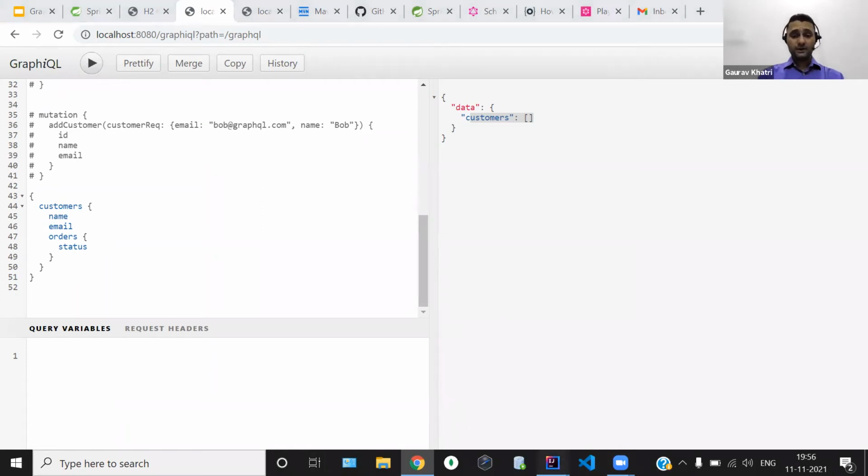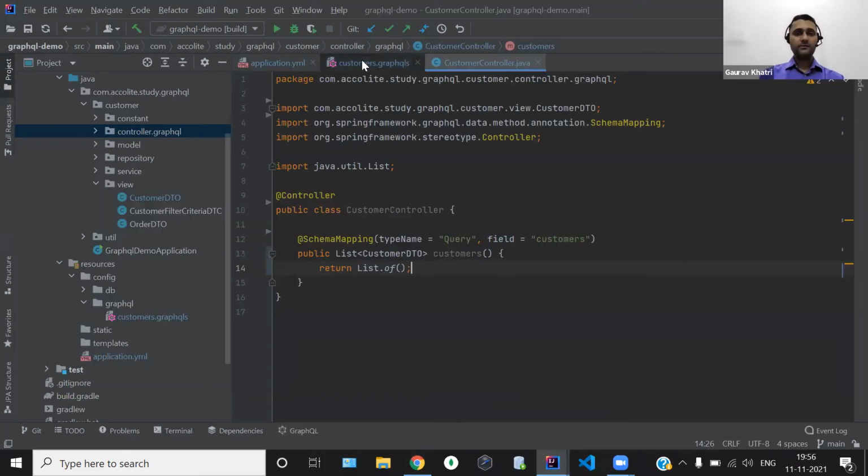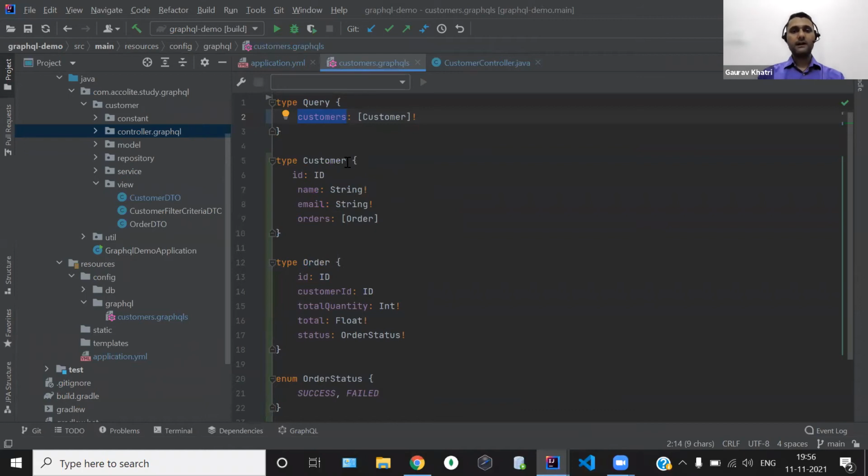Okay, so to define that filter, we will head towards the GraphQL schema, and to write the filter, I will type the round parenthesis, and I will define the filter as a variable, and I will give the data type as customer criteria. And I'm not marking this as non-nullable because I want this particular customer resolver query to be optional. So I'm not using the exclamation mark, and then we will define this customer criteria.